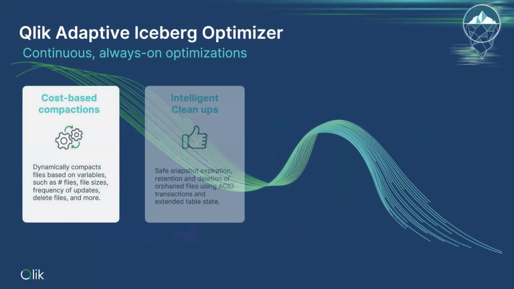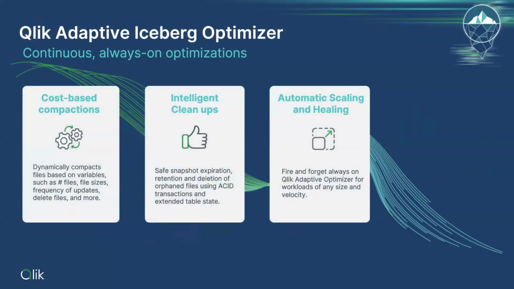And there's three things that need to be done. When writing into Iceberg at anything approaching near real time, you have to compact small files into larger files. You then also have to perform file cleanups. I was actually working with a customer a few months ago. They wanted to just see what happened without any optimization. And within a day of real-time data ingestion, they had an Iceberg table that contained 50 gigs of data, but over a terabyte of storage on the back end.